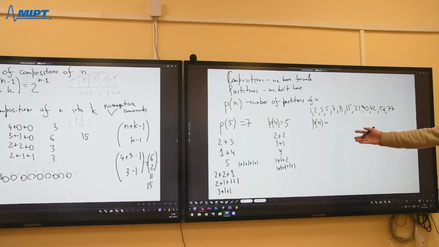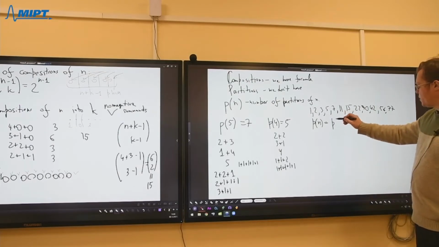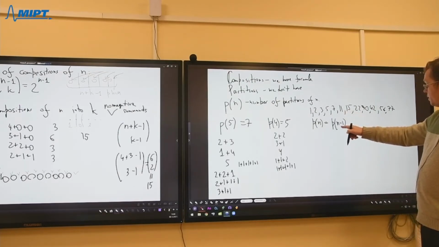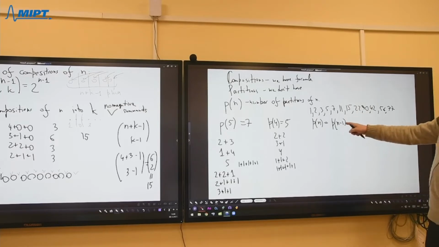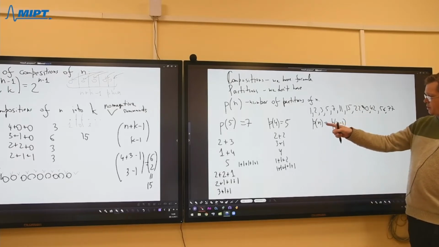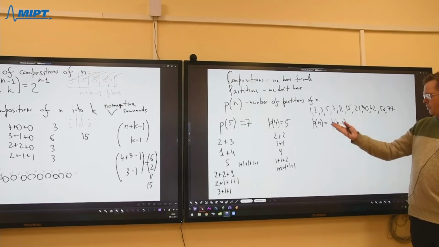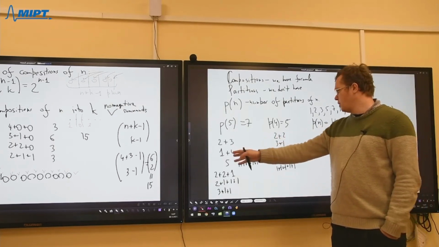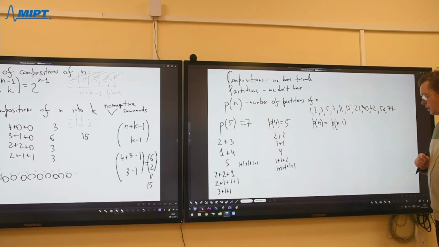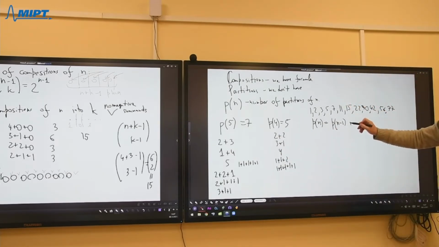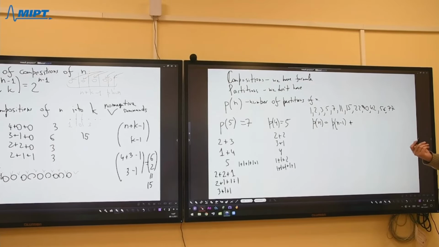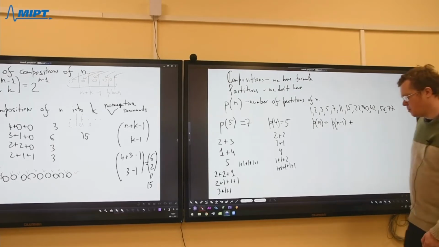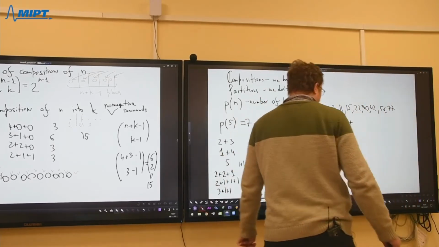for example, we want to use the formula for the partitions of n minus 1, but we can draw this, and we say that if a partition of n has 1 in it, we can cut this one off, forget about it, and we'll have a partition of n minus 1. But now we need to add the partitions of n which don't have 1 as a summand. And so it is useful to